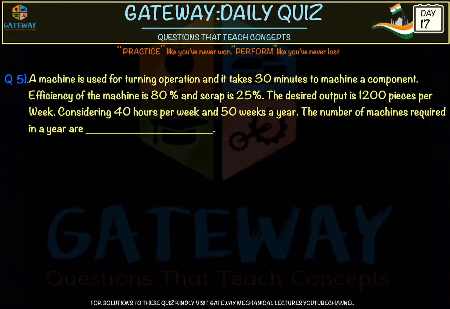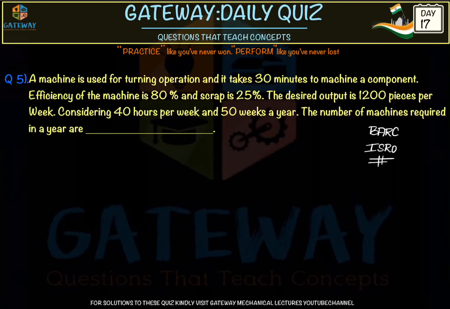And the final question, number 5. This is a question of mathematics. There is not much concept in this question. Mostly these types of questions are asked in BARC and possibly in ISRO also, because this question is just a question of calculation. It can be done in under 1 minute, 1.5 minutes, right?